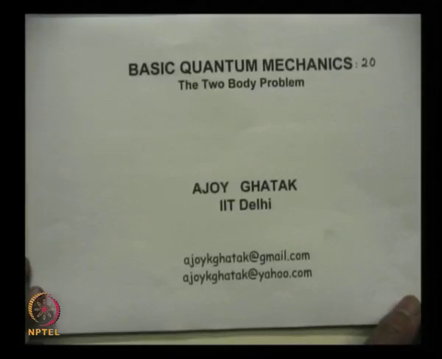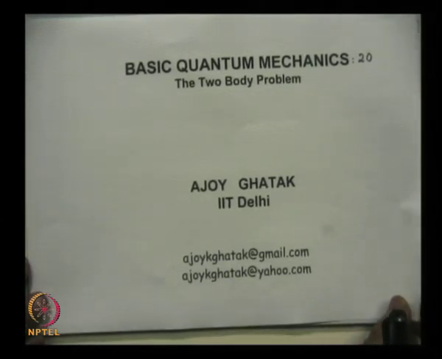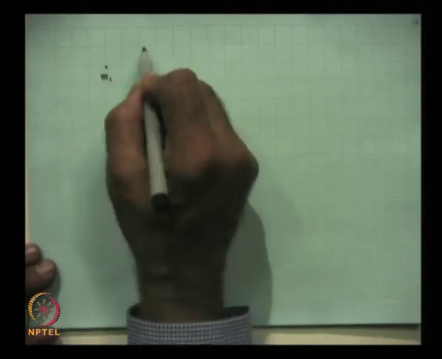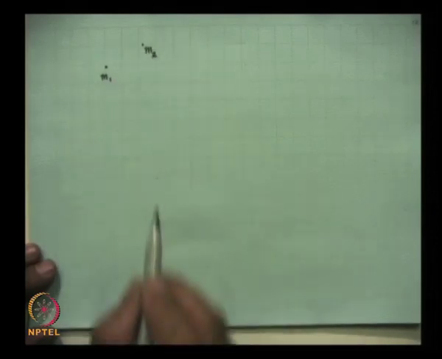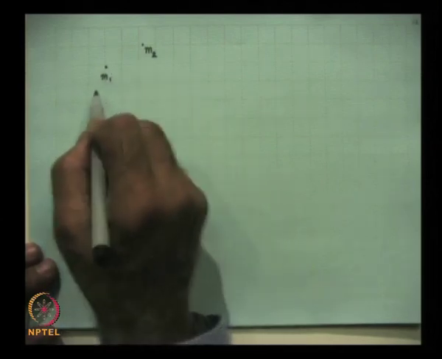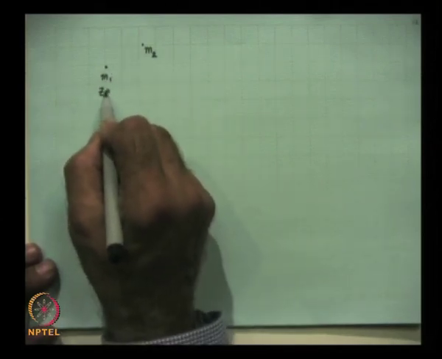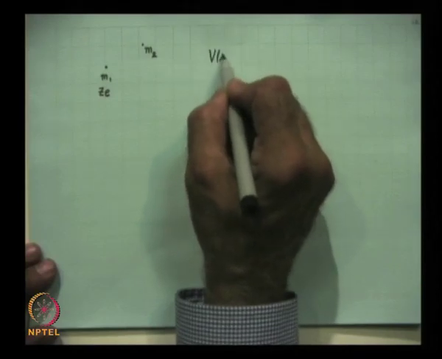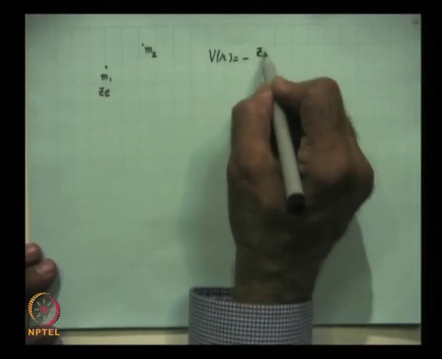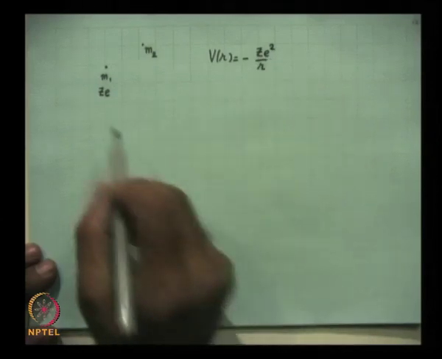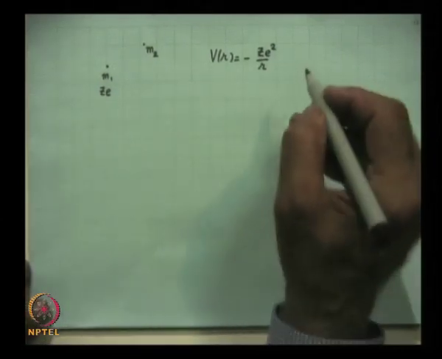In the previous lecture, we solved the hydrogen-like atom problem, which was the simplest example of a two body problem, and we were considering two particles M1 and M2. M2 would represent usually the electron, M1 will have a charge of Ze, and the potential energy function was given by minus Ze square by r,